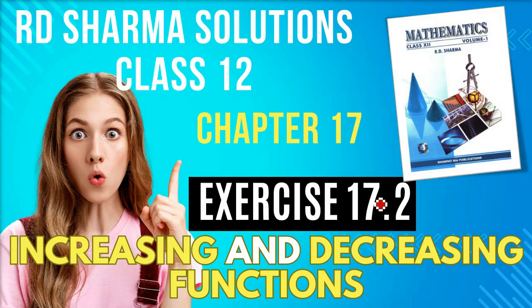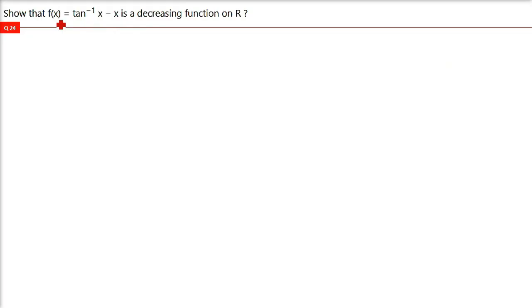This is increasing and decreasing function. We are taking chapter number 17, class 12, R.D. Sharma solution. Show that f(x) equals tan inverse x minus x is a decreasing function on R. So we have taken a lot of questions, and by now you know that f dash x,